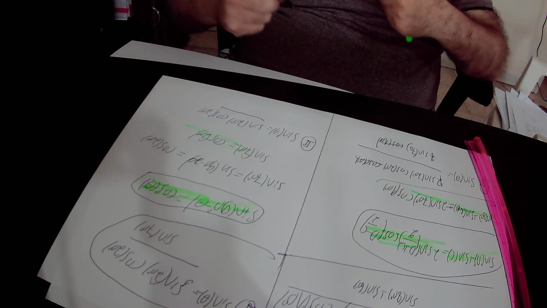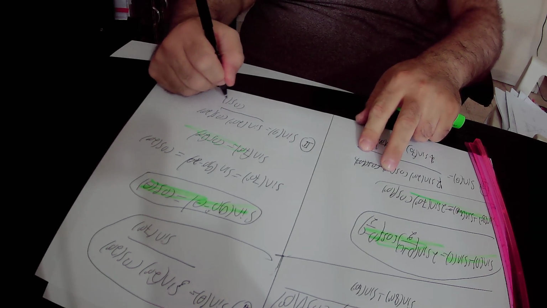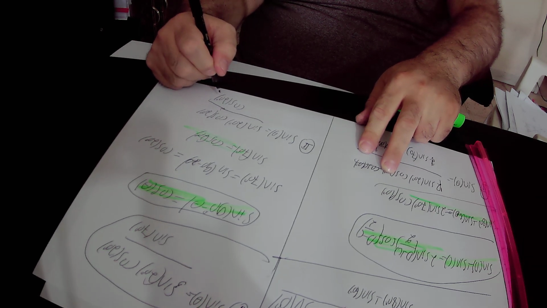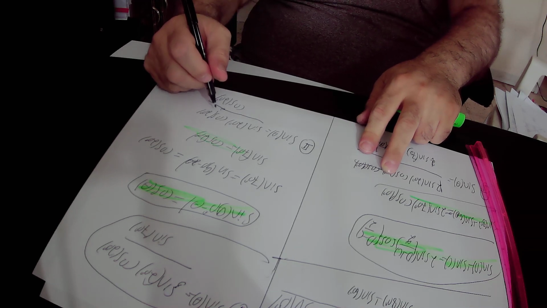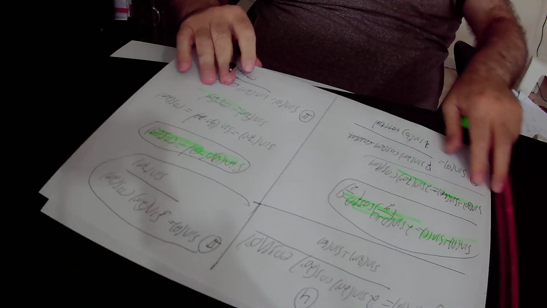Therefore, we substitute, and we have cosine 20 degrees in the numerator and cosine 20 degrees in the denominator, so cosine 20 degrees gets cancelled, and we are left only with